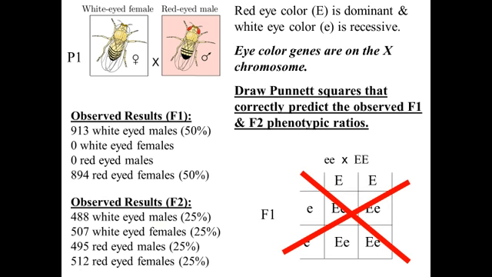Remember, it is not our normal dominant and recessive kind of pattern because of the fact that the eye color gene is on the X chromosome. So the males will have either a big E and a Y or a little e and a Y. The females will all have two genes as normal. Okay, so do this on the left-hand side of your notebook, and this is going to conclude this